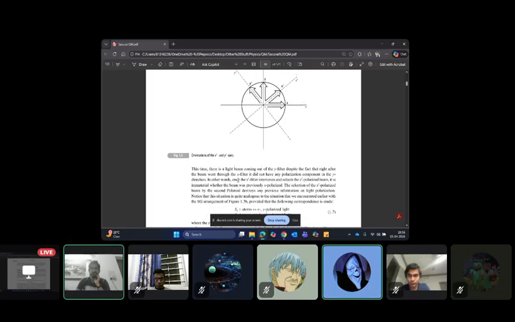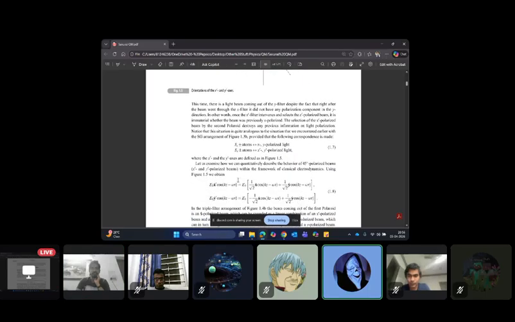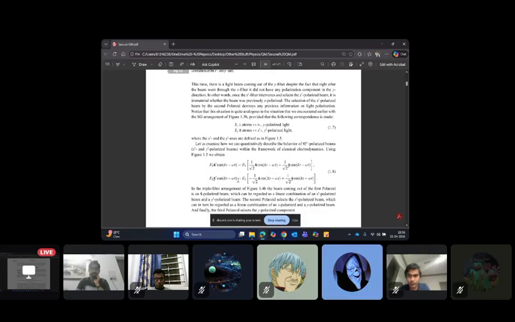Let us examine how we can quantitatively describe the behavior of 45 degrees polarized beams, X prime and Y prime polarized beams, within the framework of classical electrodynamics. Using figure 1.5 we obtain